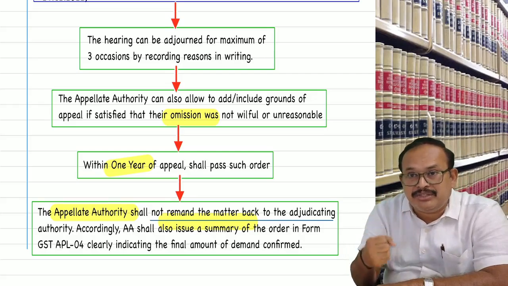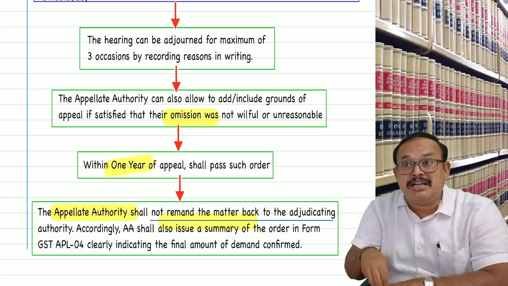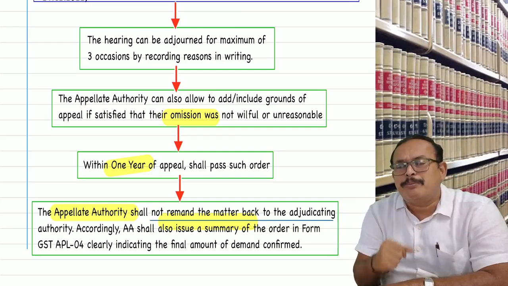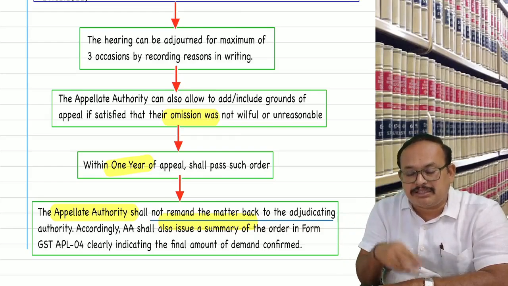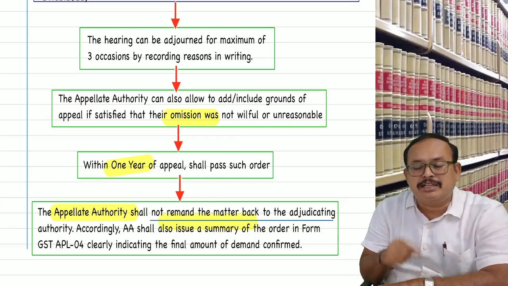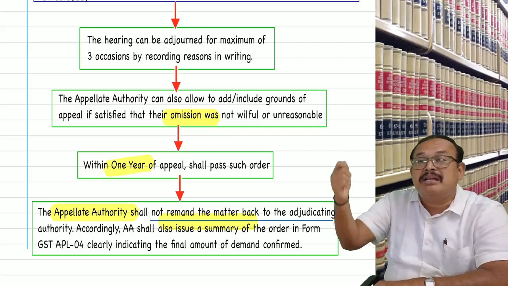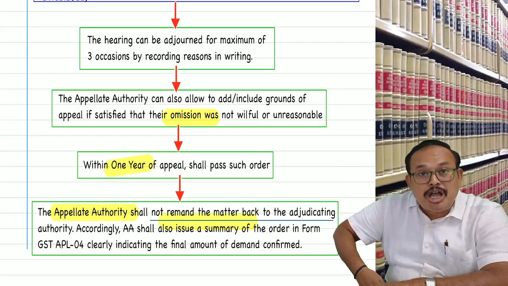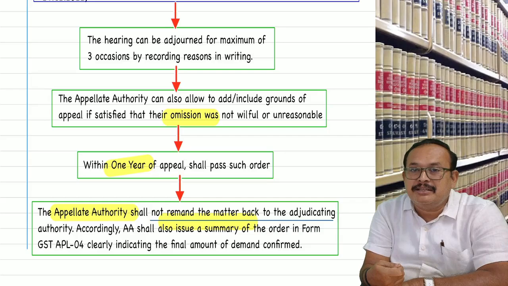Then the Joint Commissioner of Appeals or Commissioner of Appeals, as appeal authority, if they notice any discrepancy to ask for further tax, they themselves can act as adjudicating authority for that shortfall and direct, hey Mr. Taxpayer, the superintendent passed the order only for 9 lakhs, which is not so, it is 19 lakhs. The differential amount of 10 lakhs, total 10 plus 9, 19 lakhs, you have to pay now. Like that, the appeal authority should act, not send the case back to the adjudicating authority. Is it clear, my dear friends?